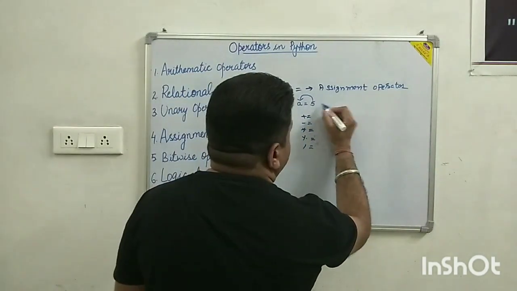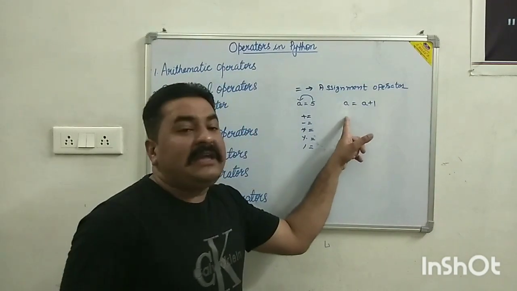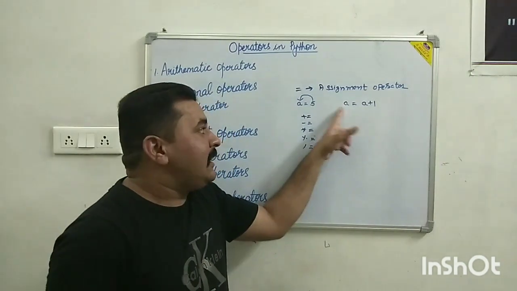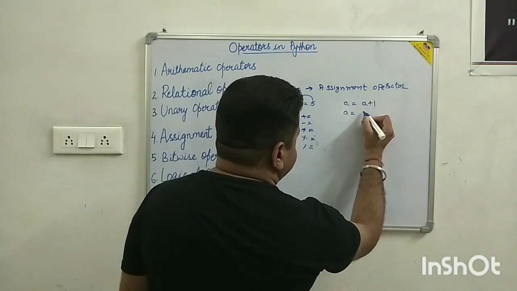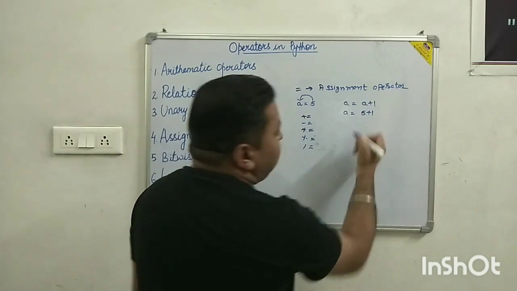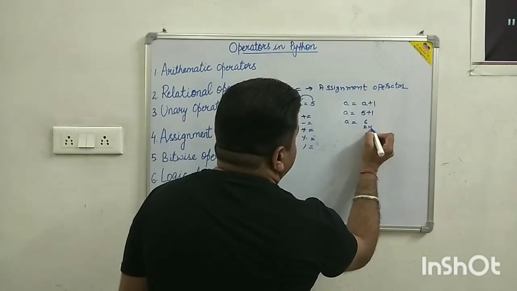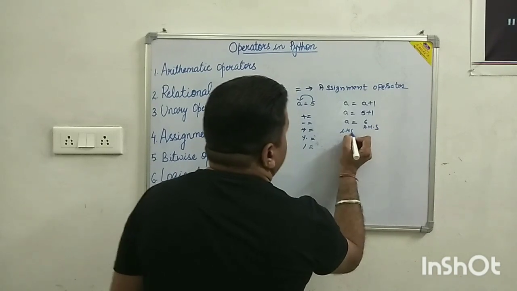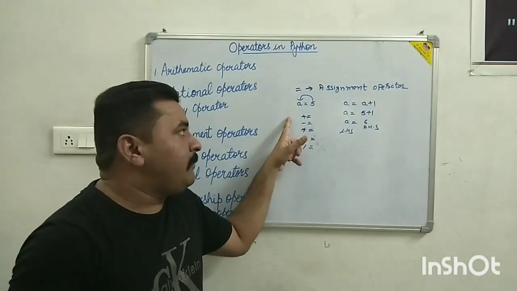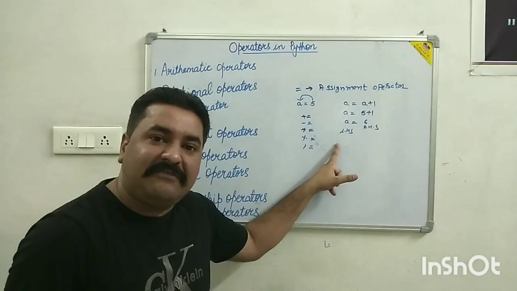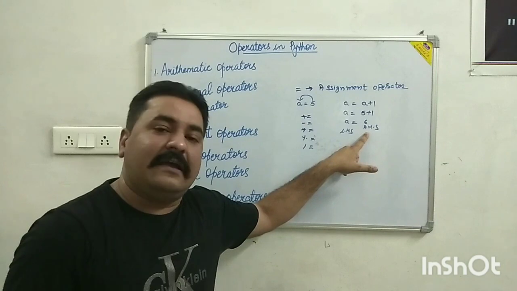If we write a is equal to 5 and then a is equal to a plus 1, that means we are updating the value of a. On the right hand side we have 5 plus 1, so we are updating the value of a to 6. So this is the right hand side and this is the left hand side. This is a shortcut in assignment operators, and we can update the value of a variable by using the left hand side and right hand side in the assignment operator.